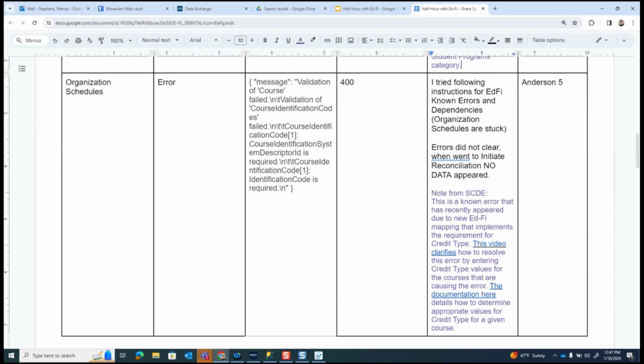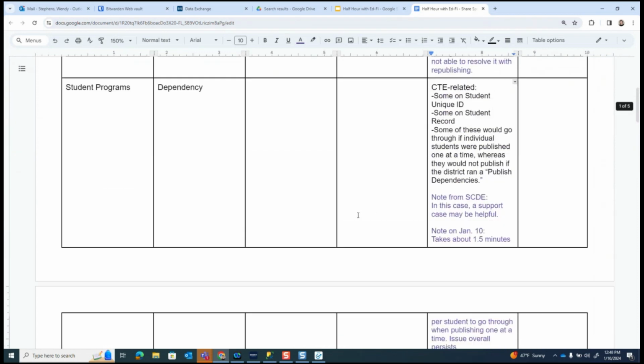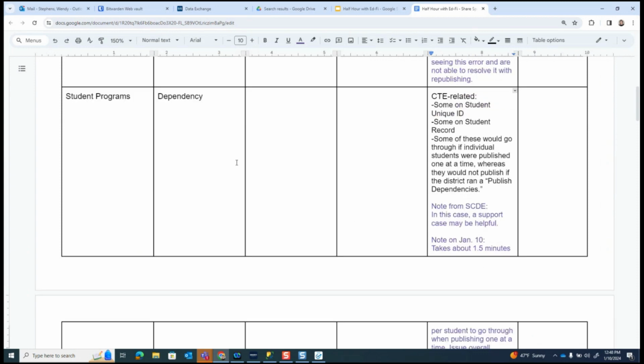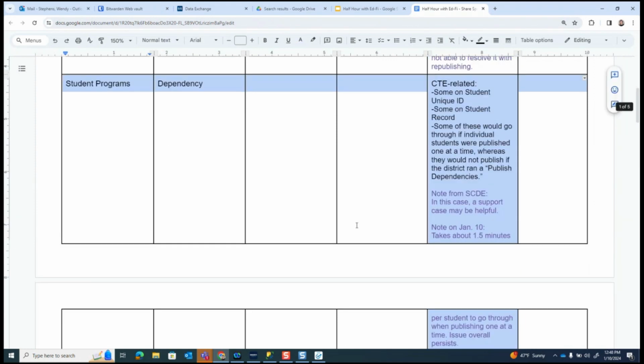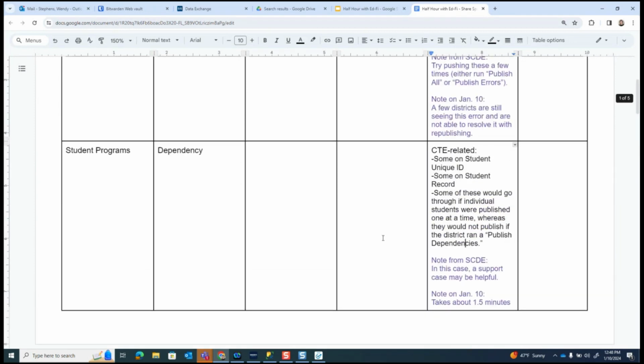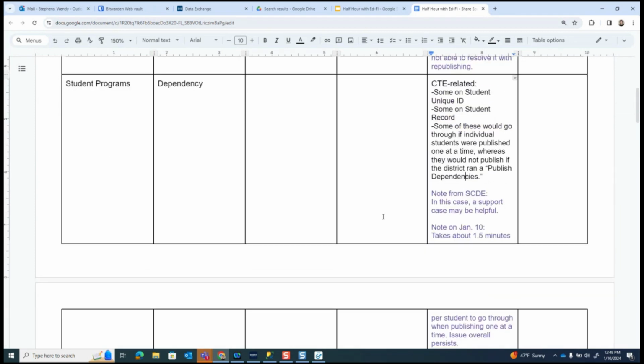Are most of these for y'all CTE related? Because I see Missy says something too. All under 8 are CTE, Buford. Well, in this sheet, Brett, they've got different ones. This row is the only row, but people have chimed in the chat to say, yeah, I've got some of those too. So it looks like it's not just one district. We knew last week it was at least a couple, but I think maybe we've got a few more who are seeing this. Is this new for you guys?